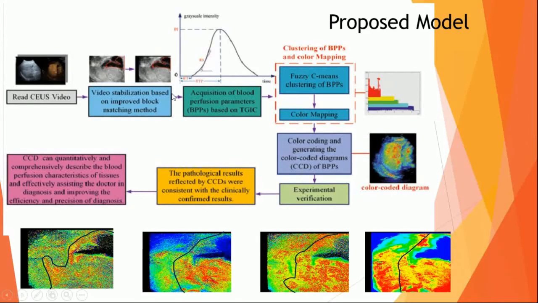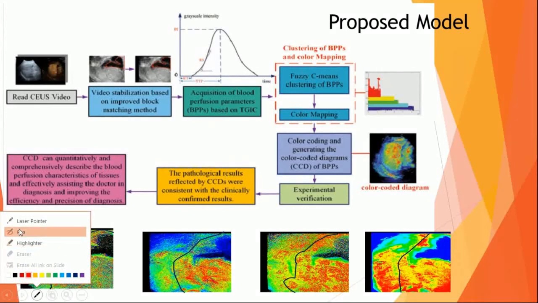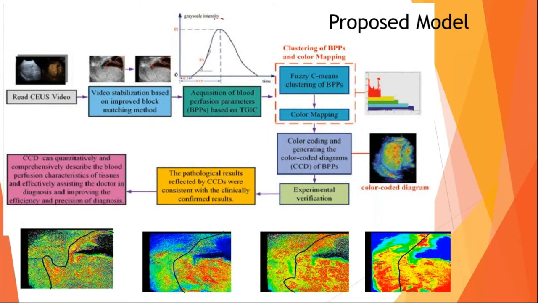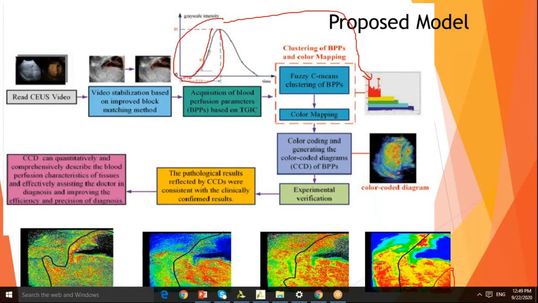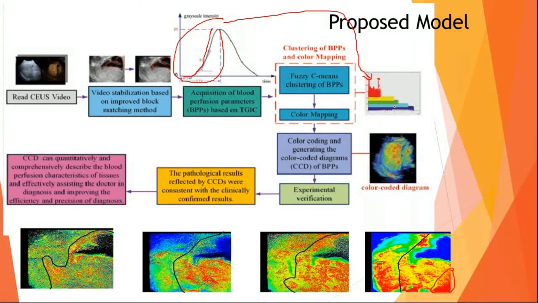The first step is to stabilize those two blocks, because those are basically running on two different transducers. And this is where we have the information from the doctors, the rise time and the fall time. If it rises very fast, we give a red code to those regions. Say, for example, these regions are rising very, very fast, whereas the blue regions are the regions which are rising very, very slowly, which are benign regions.